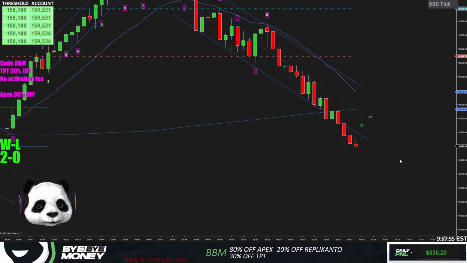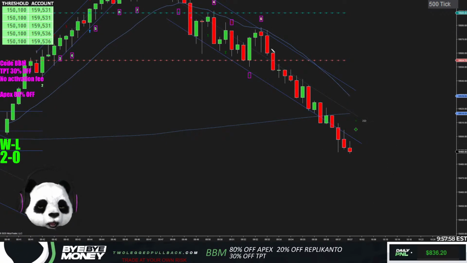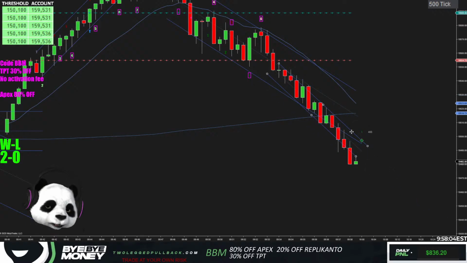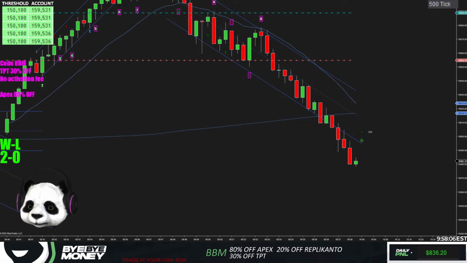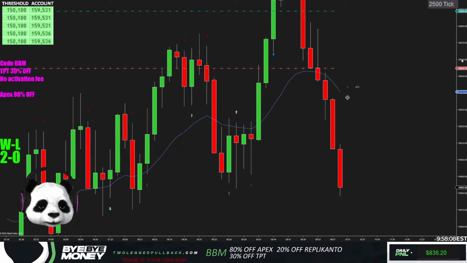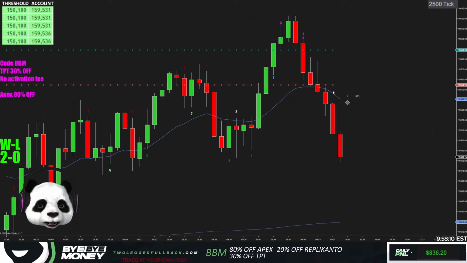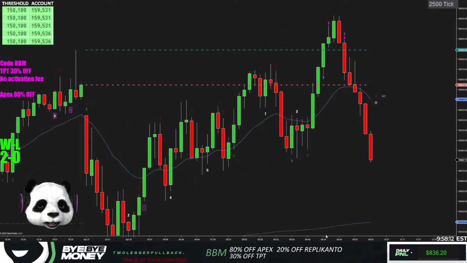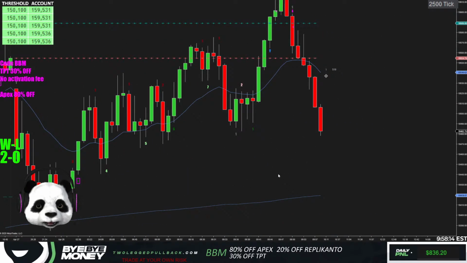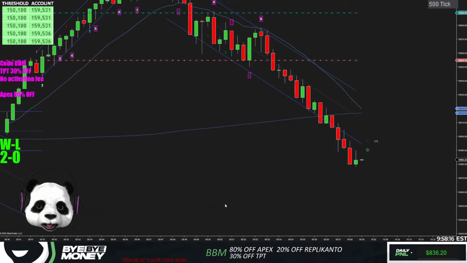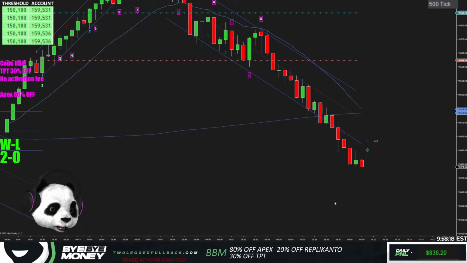So this is wild. Look at this. No pullbacks, no breaking above the previous candle's high in this whole sequence. Very bearish, very bearish. 2500 tick chart, 1, 2, 3, 4, 5, 6, 7 bear bars in a row. Coming off the previous week's high, this could be a big push down. We could be in a downtrend the rest of the day. This could be a downtrend day today.